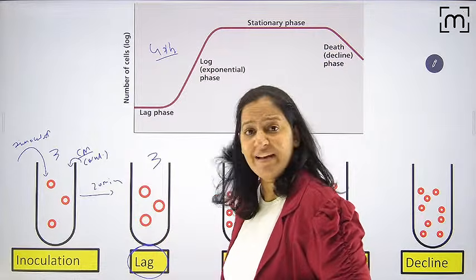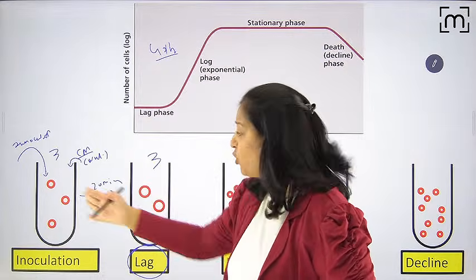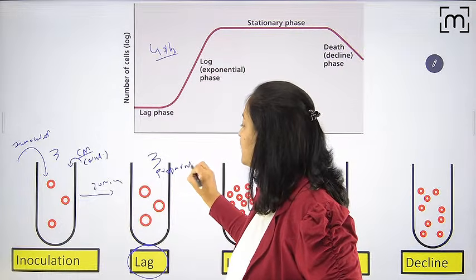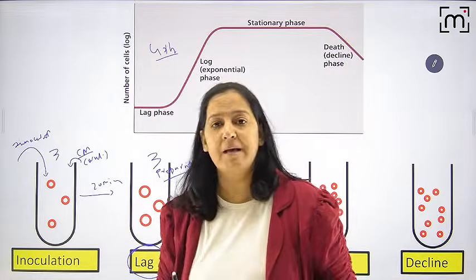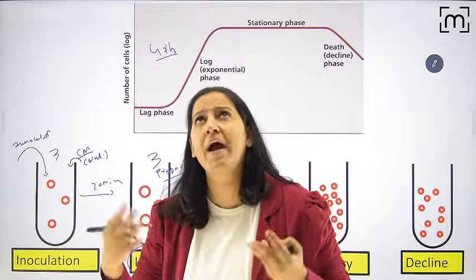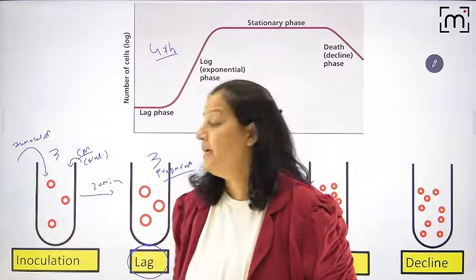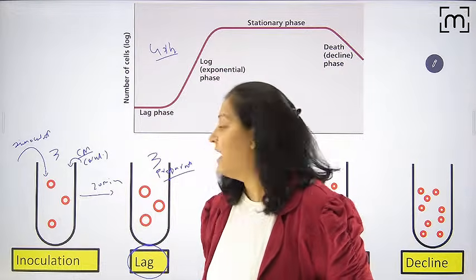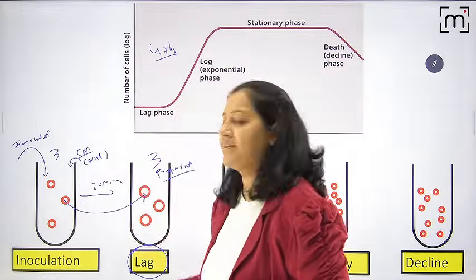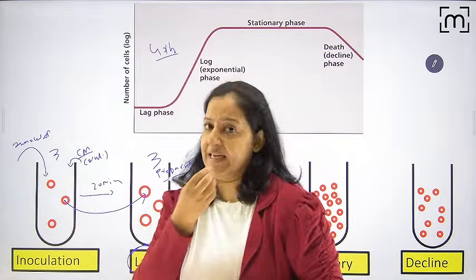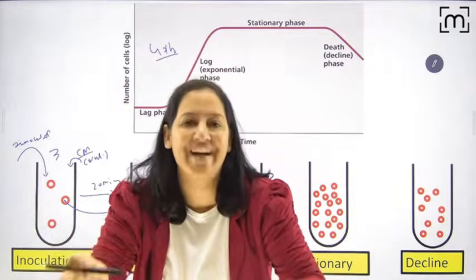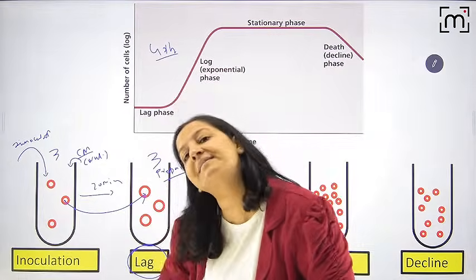So why are they doing delay in cell division? They are not doing binary division. They are doing preparation. It is known as preparatory phase. First, they prepare themselves. Whatever metabolites are required for the cell division, they are accumulating that. That is known as lag phase. You appreciate the size of the bacteria is increasing. So basically, in the lag phase, they eat, become obese, but don't divide. So number is same, but size increases.